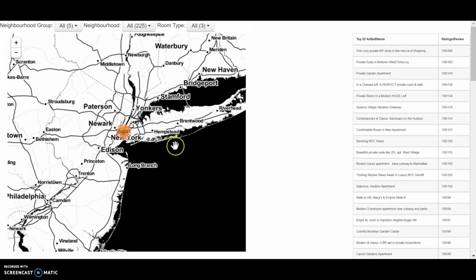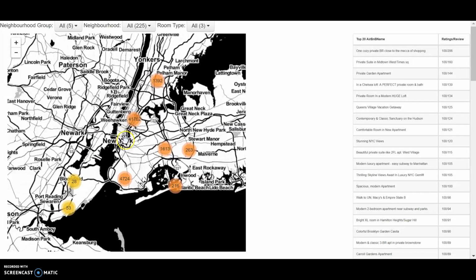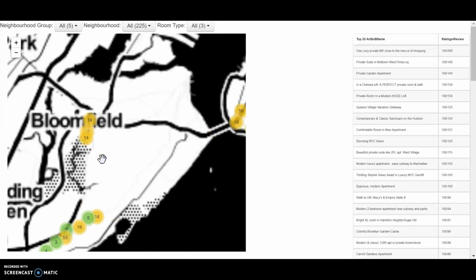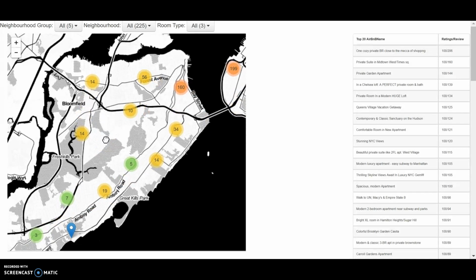So coming to the map, as you can see, in New York it has overall 50,041 Airbnb host listings. If I click on this, this cluster will split into more detail, and this map has a complete zoom in and zoom out function. As you can see, if I zoom in more, this cluster